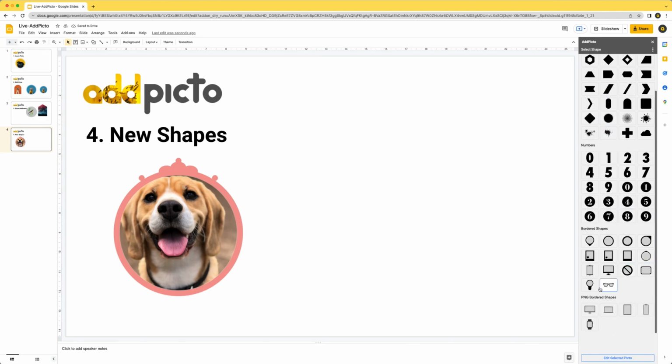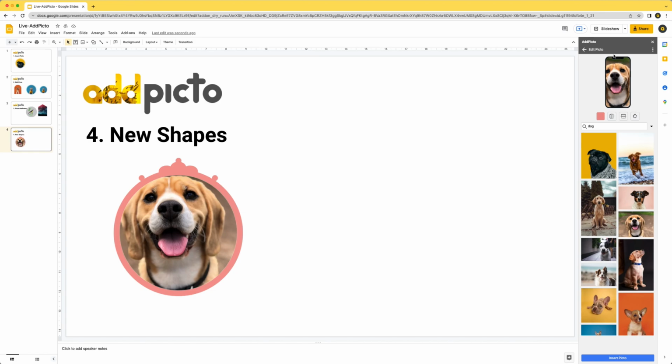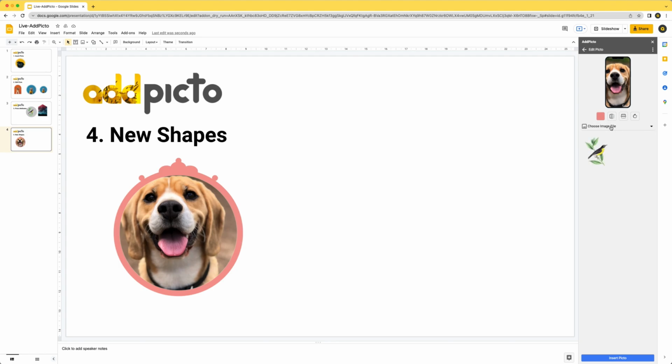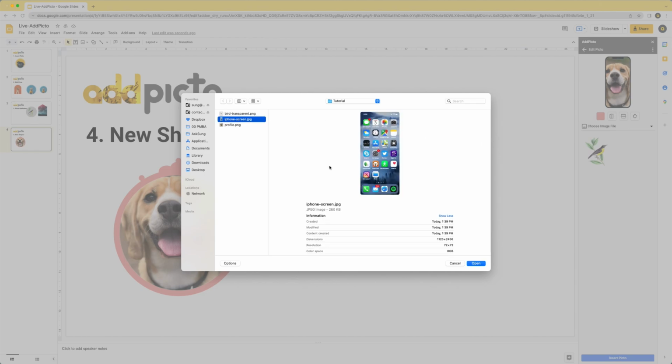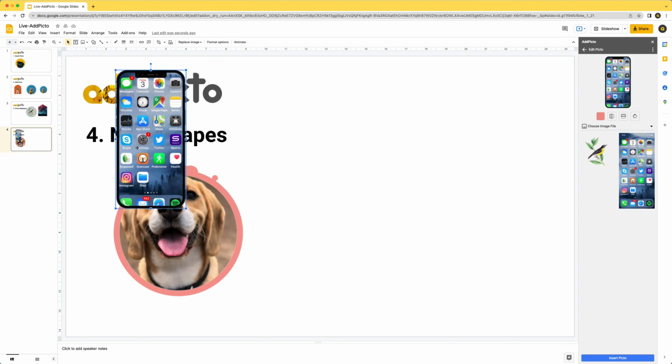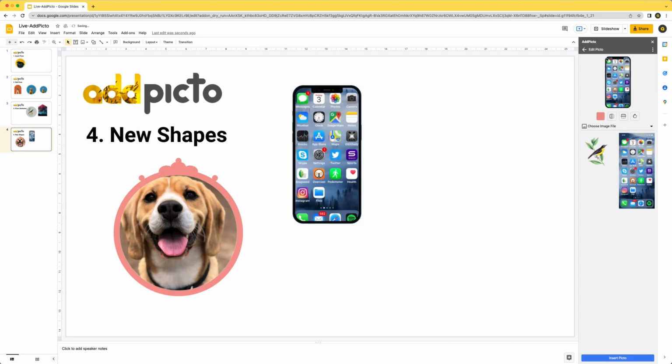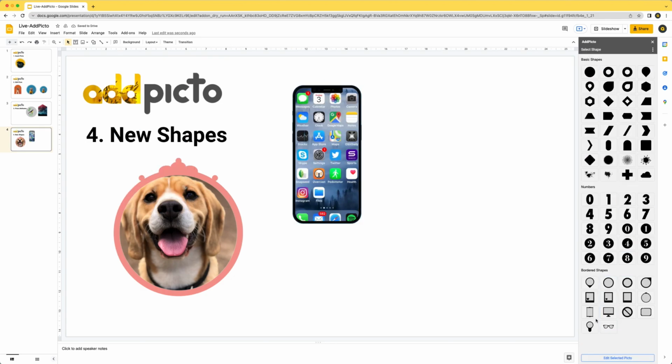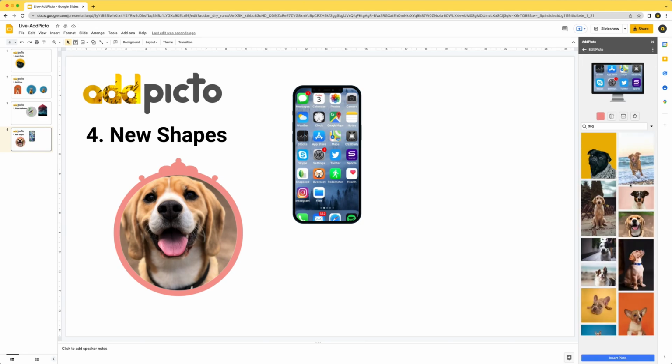And then the last one is essentially a ping. So if I were to select, let's say this one, you can see that this is actually an iPhone with an image mask inside of it, which could be great for if you wanted to showcase, let's say, your application or different things within that phone. There you go. And again, you could do this for different devices like a monitor